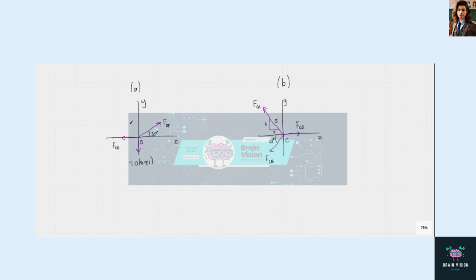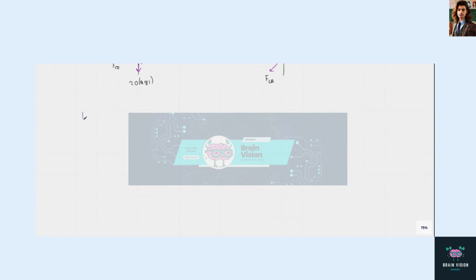Now we'll apply the equations of equilibrium along the x and y axes to the free body diagram, firstly of joint D, which we have in figure A. So for joint D, we'll take first the right direction to be positive and take the sum of all the forces in the horizontal direction. These must equal 0 since the system is in equilibrium. And this tells us that FDE times the sine of 30 degrees